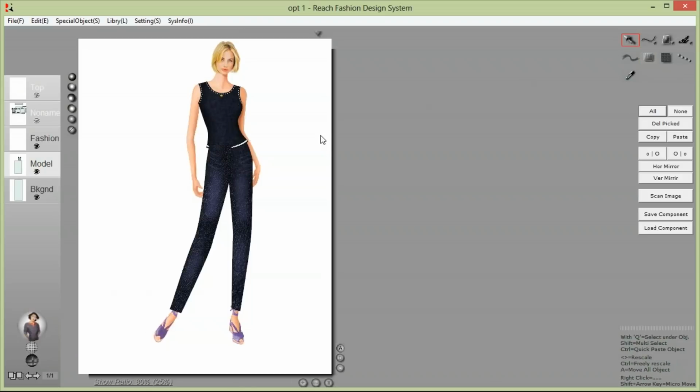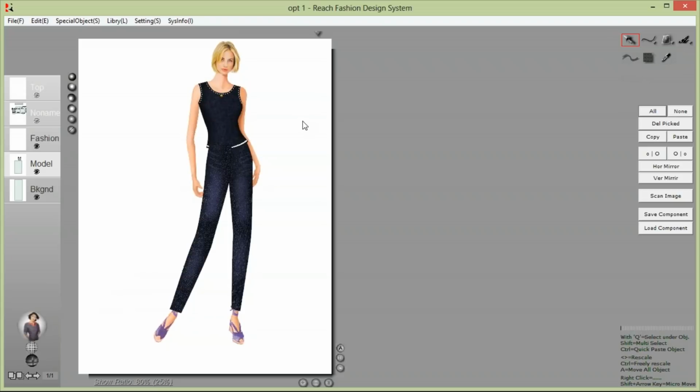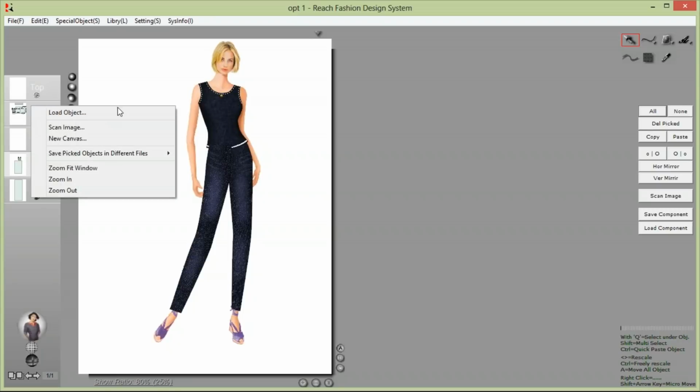Like this, you can give the shade effect. This is the shading and this is the original one. If you want any tearing effect, any shadow effect, you can even